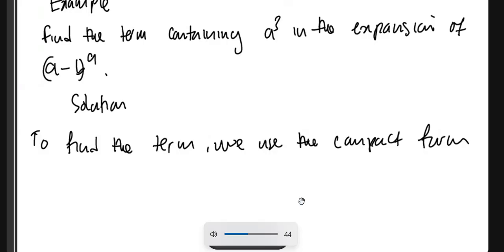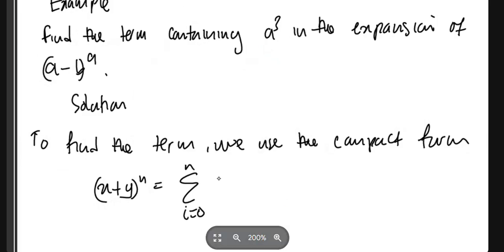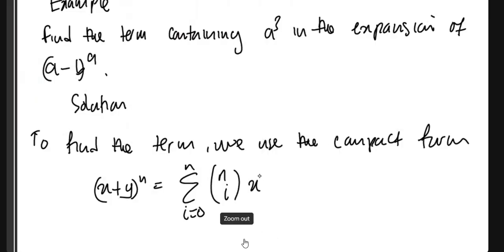Just as a reminder, x plus y to the power n is equal to the sum from i equals 0 up to n of n choose i, then x to the power n minus i, then y to the power i. Okay? So now when we look at the compact form,